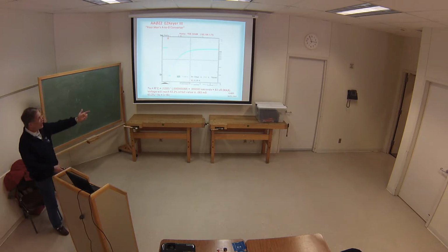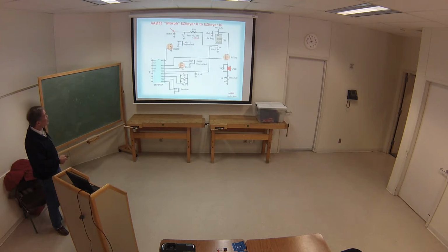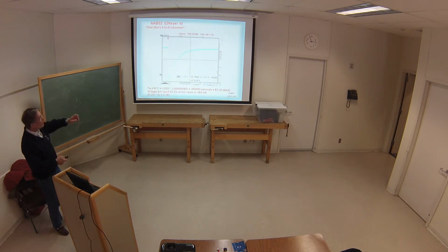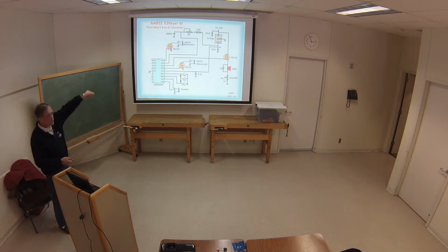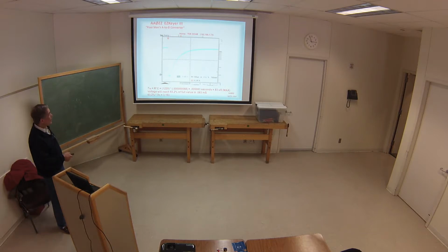So in this case, I'll have to show you. I have a pot that I added in here. I put a pot in there, that's where the adjustment's going to go. I'll have to change that order. But anyway, because of that, the 1220 ohms in with the size capacitor that I use there,